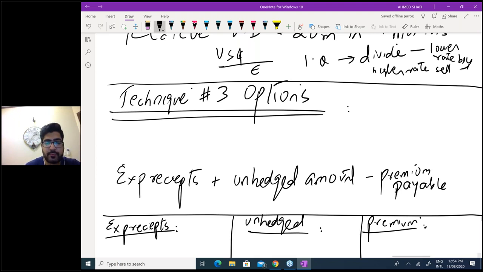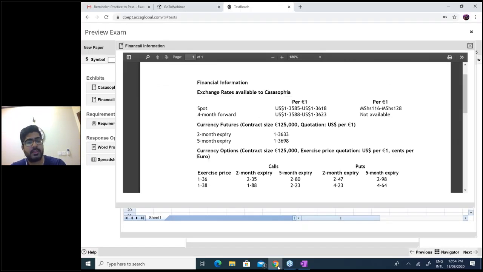Now, you are about to solve options. For options, you will use the data of options. It's a 20 million receipt in 4 months. Firstly, there are two exercise prices given, 1.36 and 1.38. You have to work on both exercise prices. It carries marks. If more than two are given, you can work any two of your choice. But if two are given, you have to work on both. I will be doing the first exercise price.